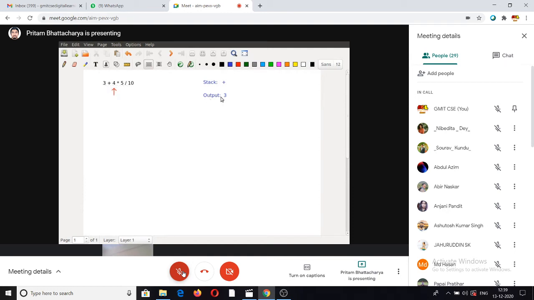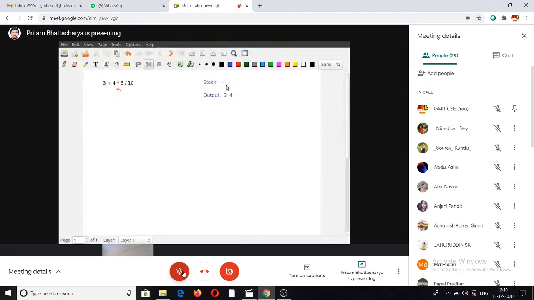Now once again, it's an operand. So you directly send 4 to the output. Okay, now something interesting happens. Now I encounter another operator, star, and now the stack is not empty. So this is crucial. So I've got another operator, but the